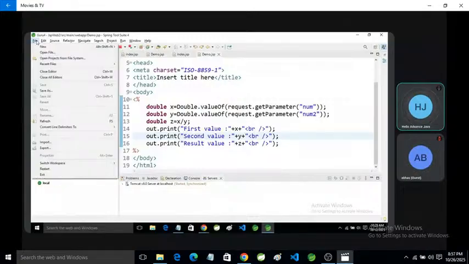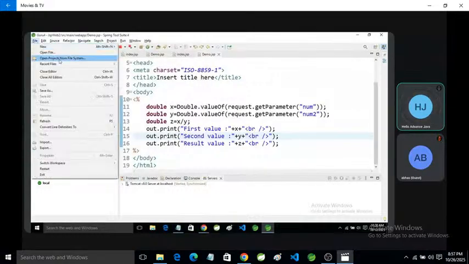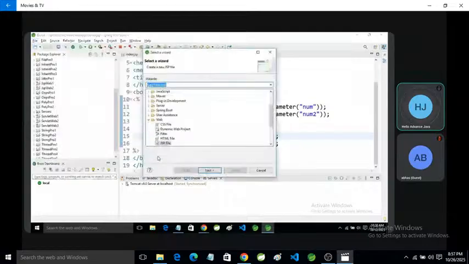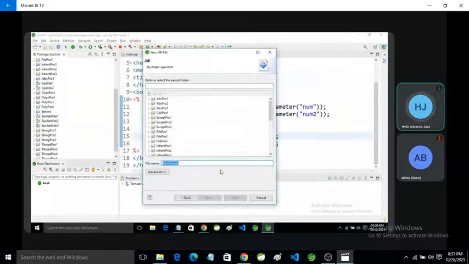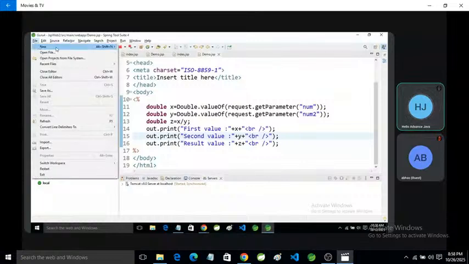So now I'm going to create an MVC example in JSP. I'm going to create a new project, dynamic project.